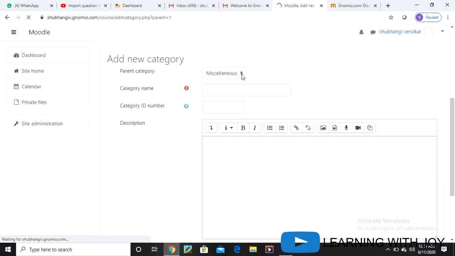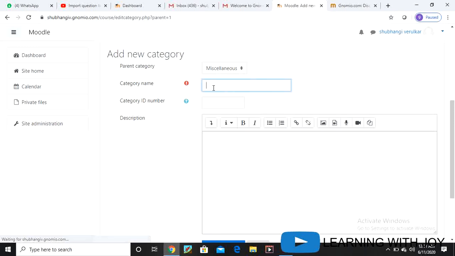So the category name, we will give this only. Suppose you have different branches and all, so you can write as per your branch. Suppose I am writing information technology, IT.